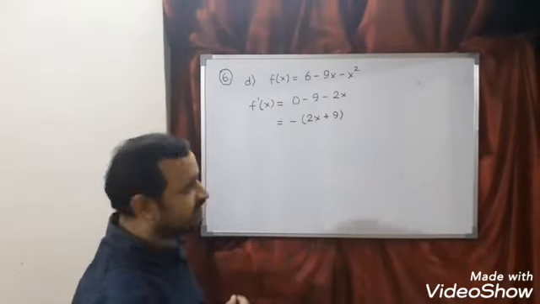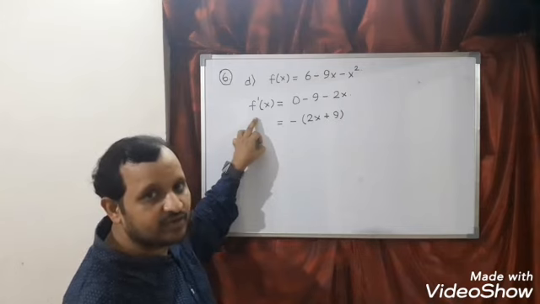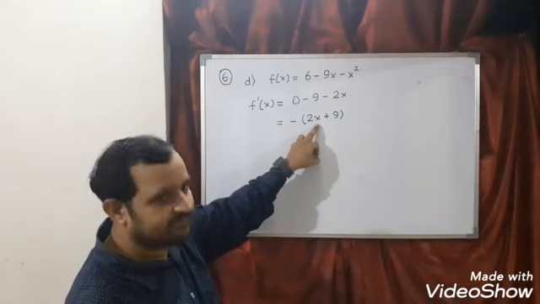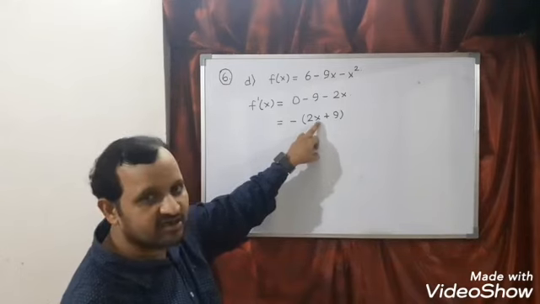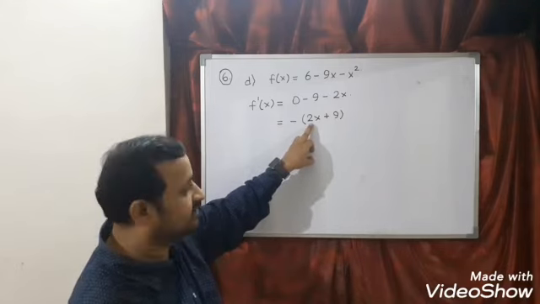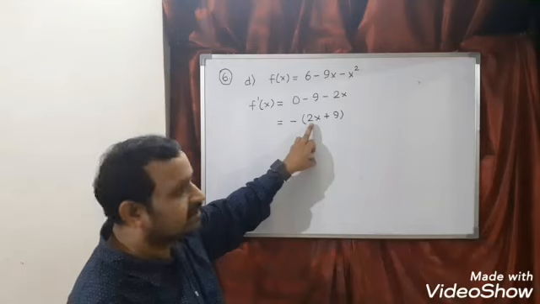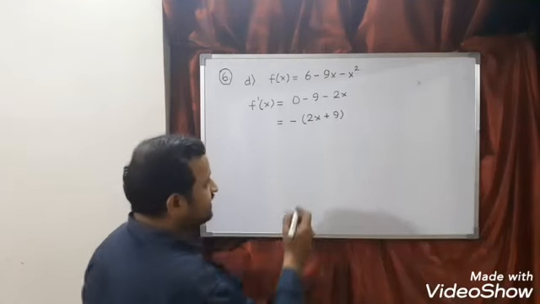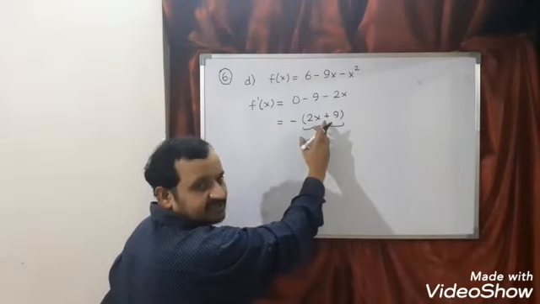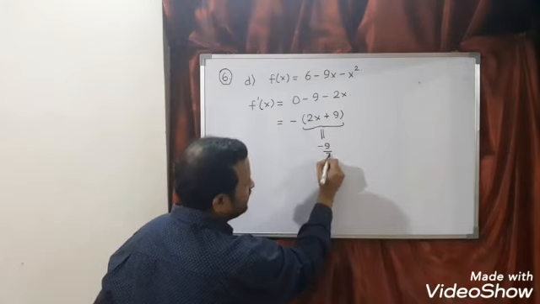So what is the first step in the working rule? Find f dash x. The second step is break it into linear factors. You can see here the degree of x is 1. Next step, the coefficient of x should be positive. So here the coefficient of x is positive. Next step, find the critical point. What is a critical point? The value of x which makes this term equal to 0 is known as the critical point. So equate this term equal to 0. What will you get? You will get minus 9 by 2.